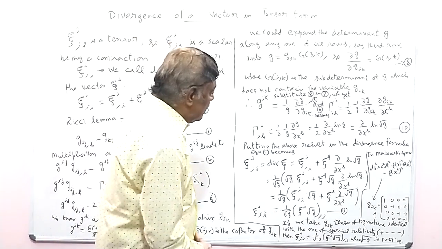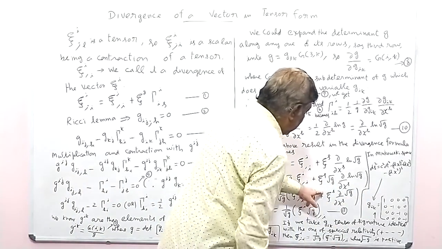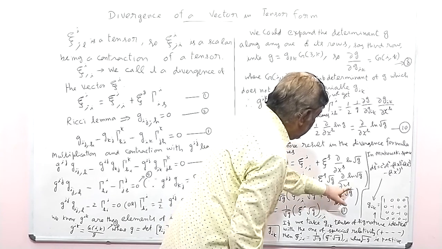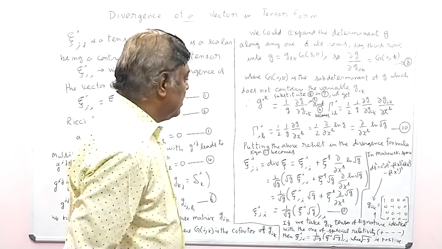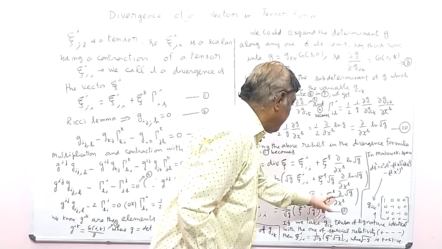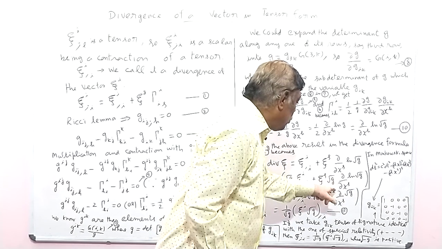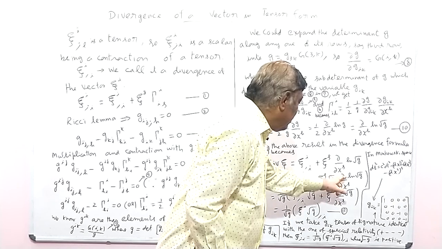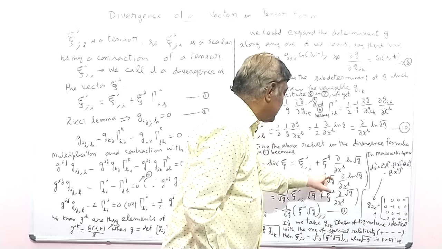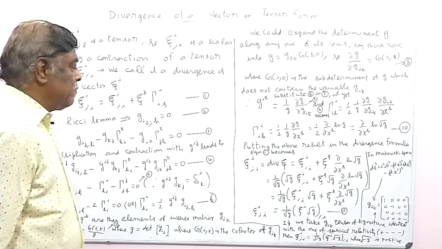Now this term is psi i d by dx of root g. Because you can check, if you differentiate d by dx of logarithm of root g, this is 1 by root g in the partial d of root g by dx, and 1 by root g and 1 by root g gets cancelled. So from this you can get the next expression.